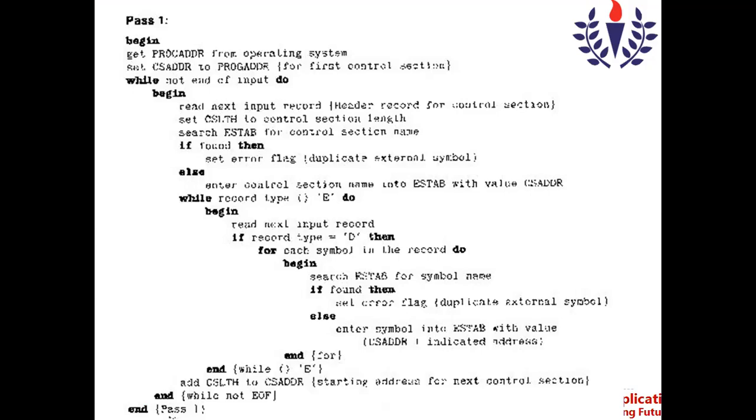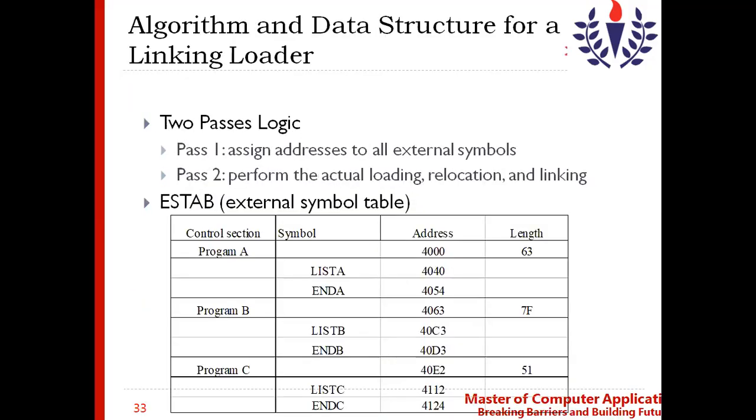Now I'll go back to the ESTAB so you can view the values. In program A, we have two symbols, LISTA and NDA. These two symbols are available in the define record. When it is processing the define record, it takes each symbol and does the same process for all the symbols.